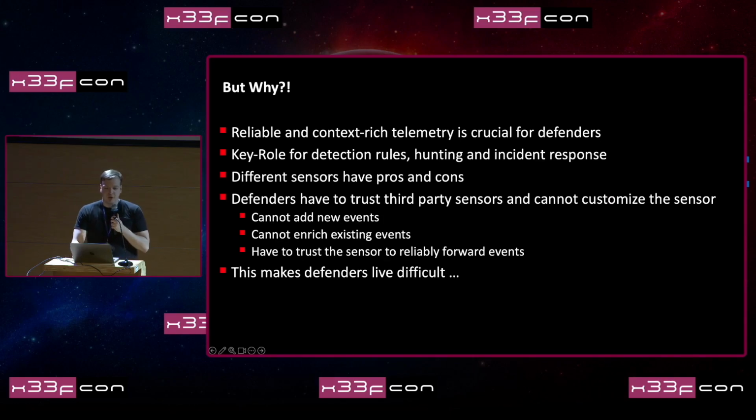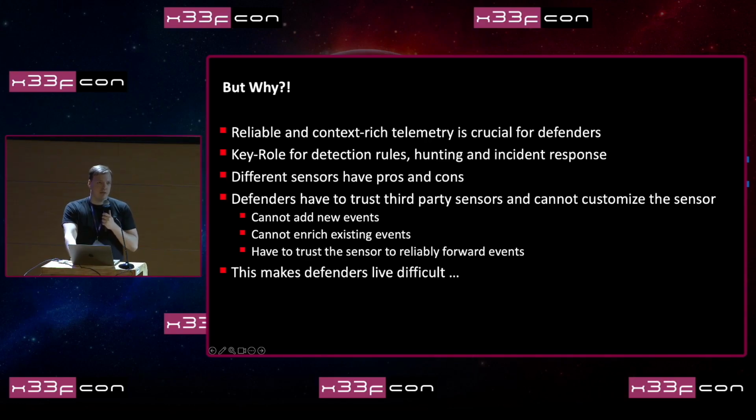Why this talk? Defenders, as you might know, without reliable and context-rich telemetry, we couldn't be doing our job. We couldn't be writing detection rules. We couldn't hunt down attackers or attacker activities, and we couldn't be doing incident response. The thing is that different sensors have pros and cons. The biggest issue is that defenders have to trust third-party sensors and cannot customize the sensor, which means that we